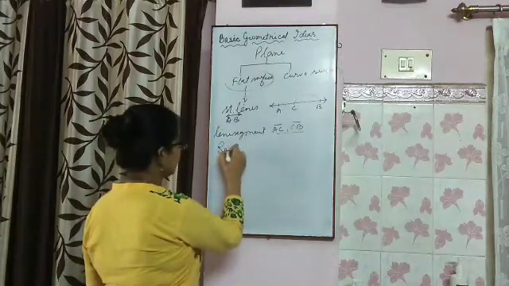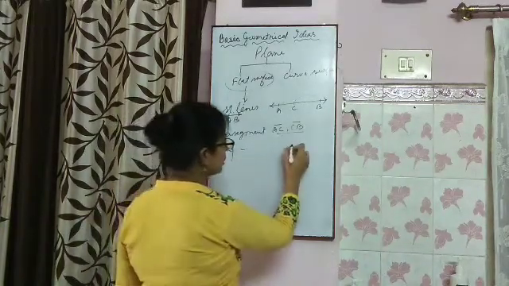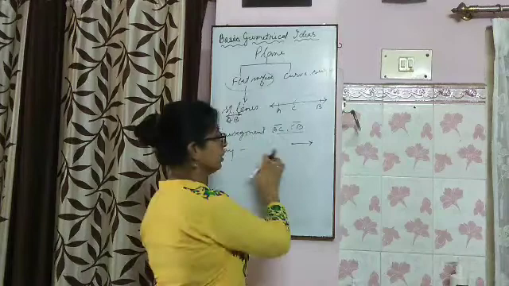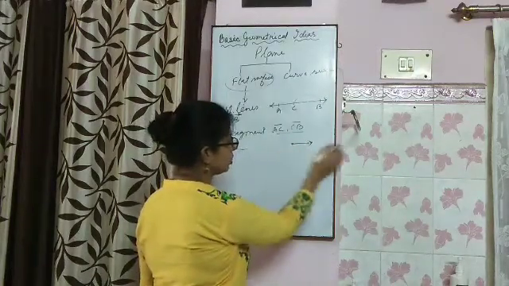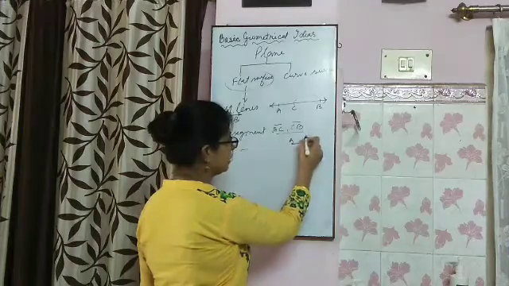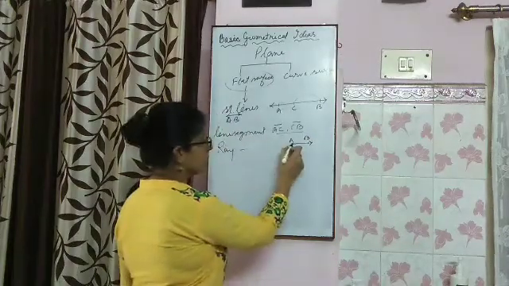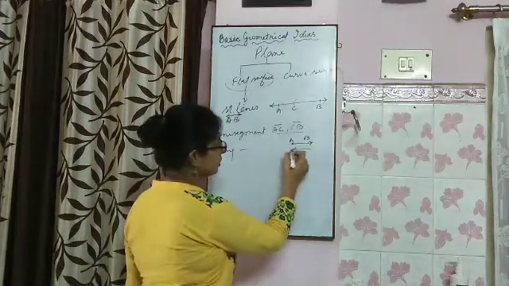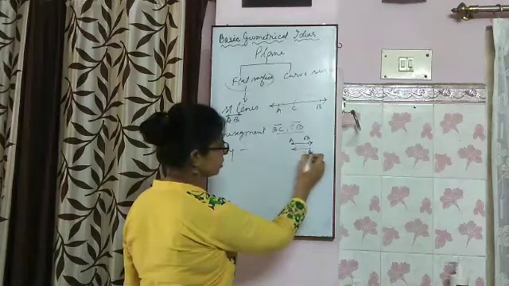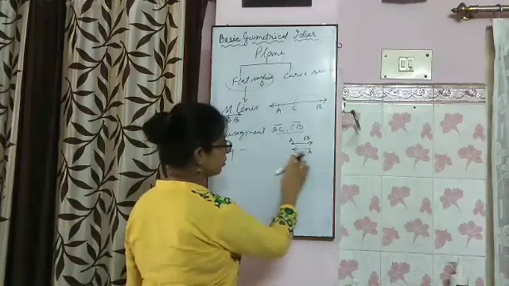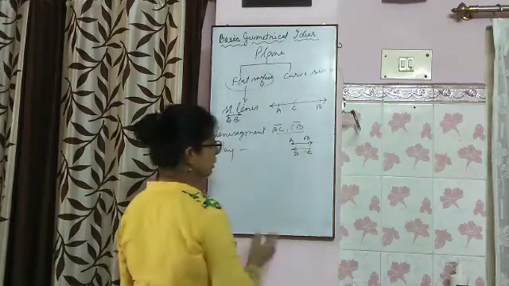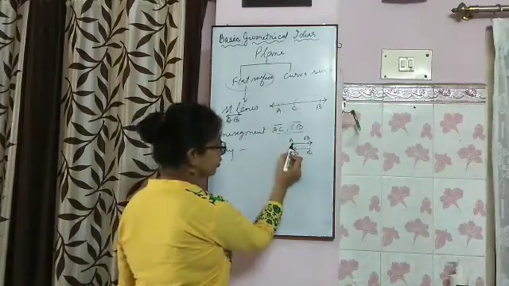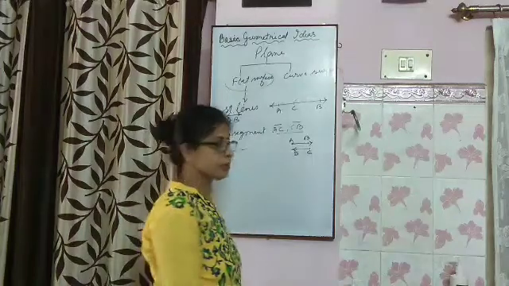Now what about a ray? If a line starts from an end point and extends in one direction, say on the right hand side or left hand side, if it is A and there is B, then if it extends in one direction, then it is called a ray. So a ray may be defined like that. If I would say here A and there is B, or instead of AB, if I would take here C and D, then how would you name them? AB, we cannot say BA. We have to start from the end point to the infinite direction.